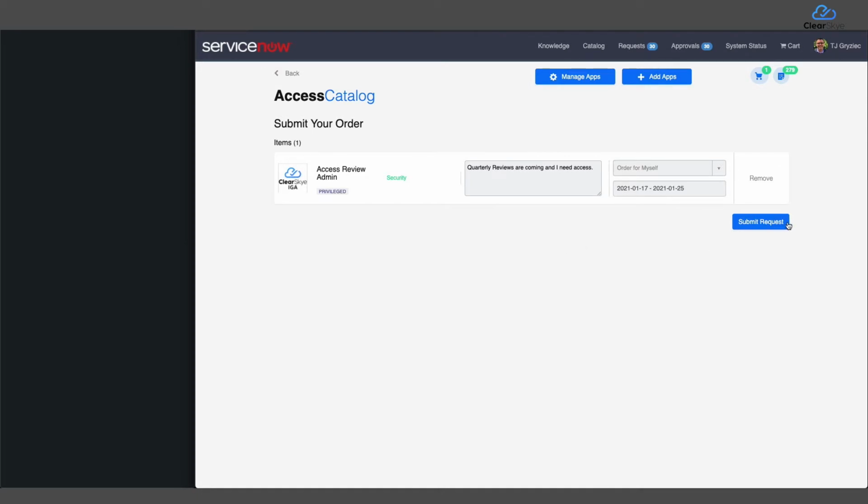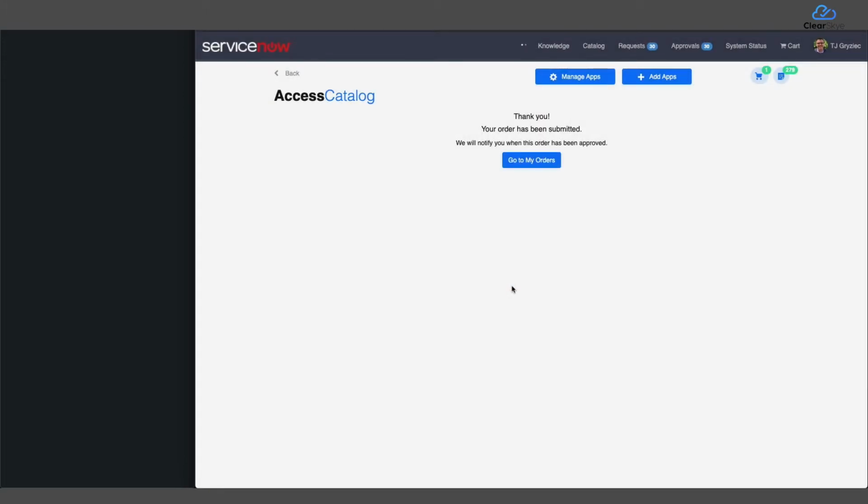So at this point, I can go ahead and submit my request. If I wanted to add multiple items and check out all at once, that's also supported. This is just a basic example to show the different capabilities of the Access Catalog. So here I'll go ahead and submit that request, hit OK, and at this point I can track the request